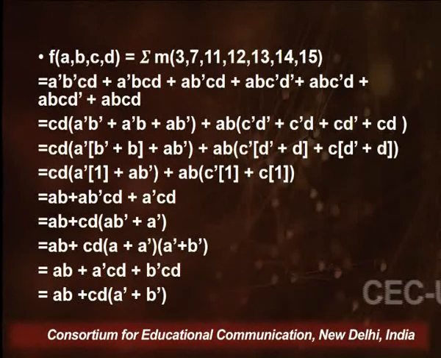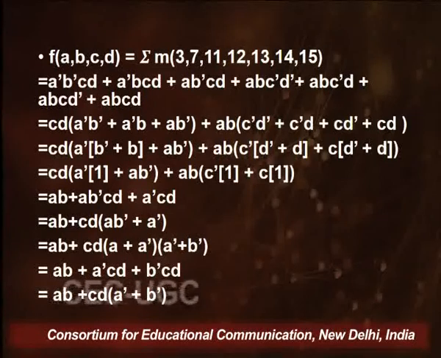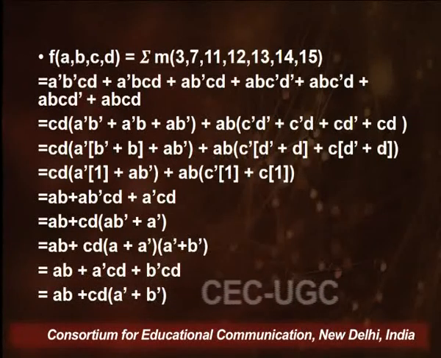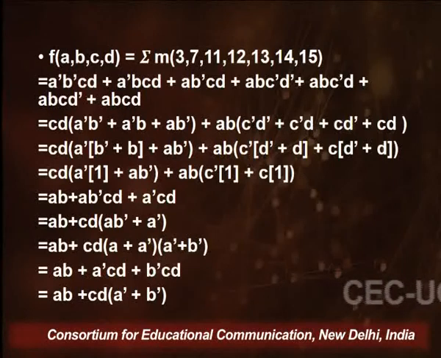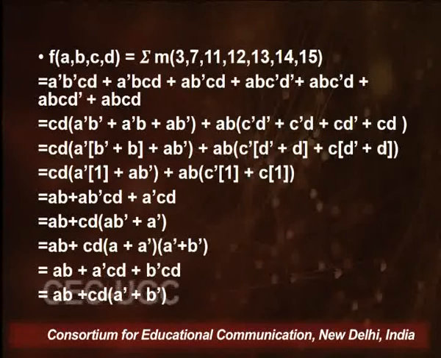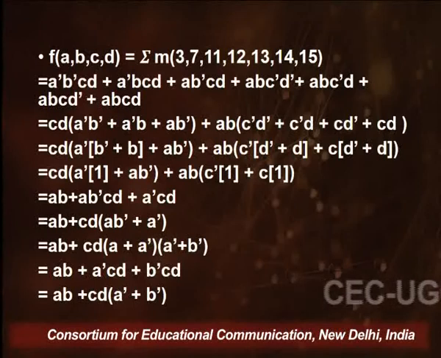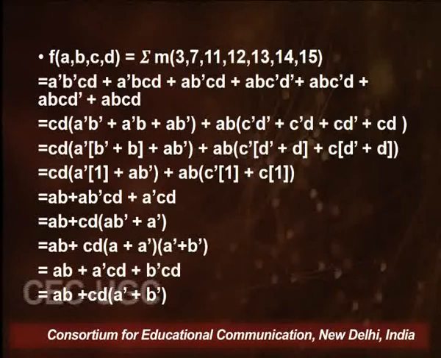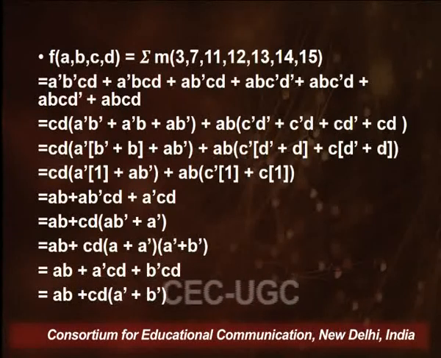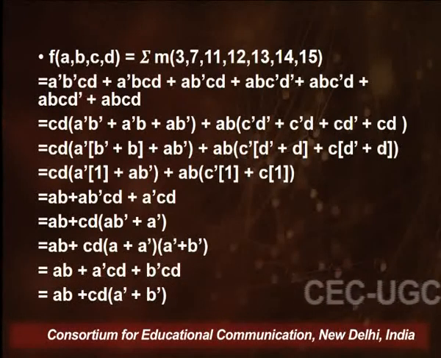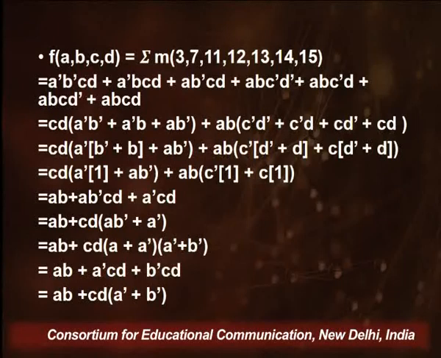We are going to apply the laws here to reduce them to a simpler form. For the first 3 terms, I take out a CD common, and for the next 4 terms, I take out an AB common. And we have simplified that expression there. Again, in the third line, the CD remaining common, now I can still take out an A' common, which makes it A' with the common of B' and B. Again, AB remaining common, I have been able to take out a common, so we have a C'D' + C'D actually getting converted into a simpler form.